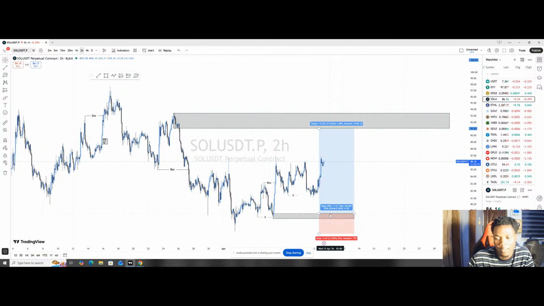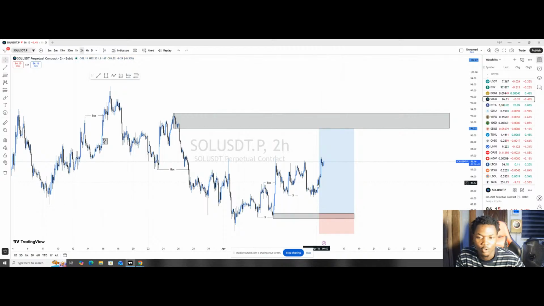You understand? But I just think this buy is actually not valid anymore because market is aiming for this resistance level. So market is going to clear this liquidity and tap this resistance level before coming down, or probably break this resistance level to the upside. So we actually analyzed WIF USDT.